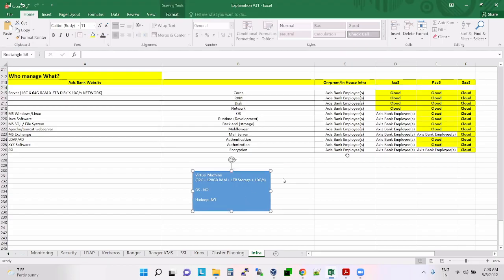In this model, for what is the cloud platform responsible, and for what are the Axis Bank employees responsible? Providing this VM, and if tomorrow this VM goes away, giving one more VM, is the responsibility of the cloud platform.